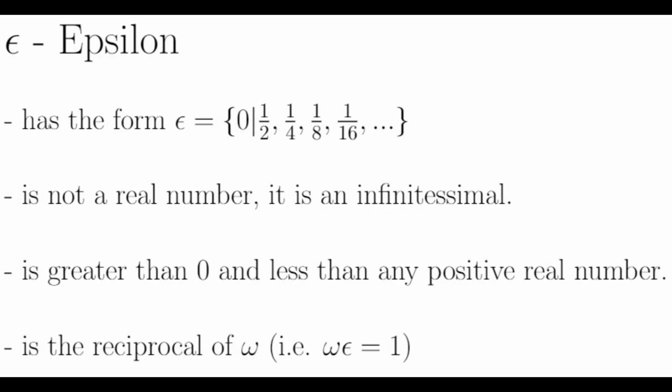So far we've talked about the reals and the extremely large numbers like omega. But what about the extremely small? Recall that omega is the smallest number to come after all the counting numbers. But is there a counterpart to omega? Is there a number greater than 0 that is smaller than any positive real number? Yes, there is. We call that number epsilon, and its birthday is also omega. Epsilon can be represented by the following form, and we define epsilon times omega to be 1. In other words, epsilon is the reciprocal of omega.